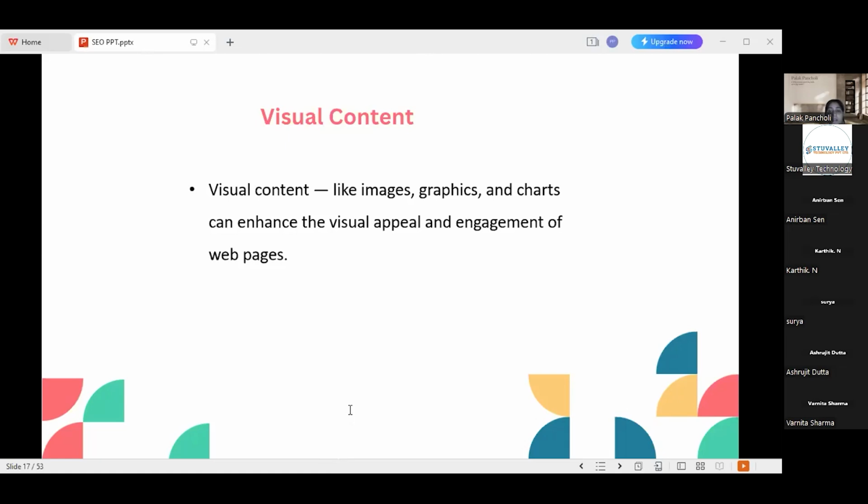Then reduce the color depth also. Reducing the number of colors in an image can significantly reduce its size without noticeable quality loss. So you can use tools like ImageMagick or GIMP for reducing the color depth of a particular image. I'm sharing this in the chat box too.